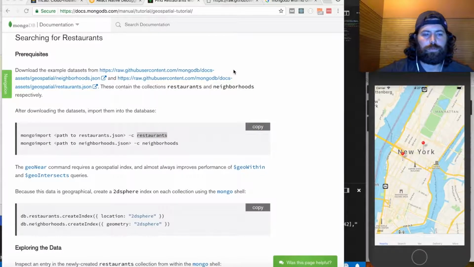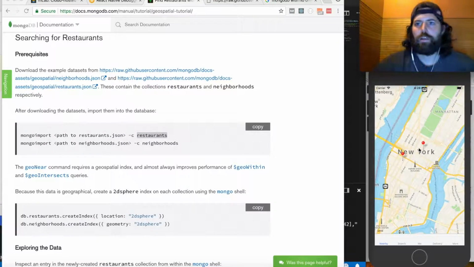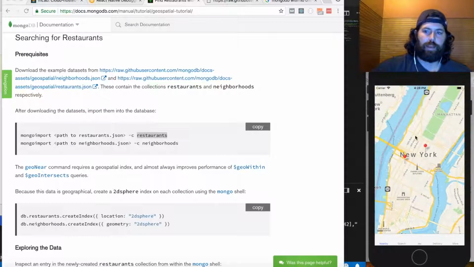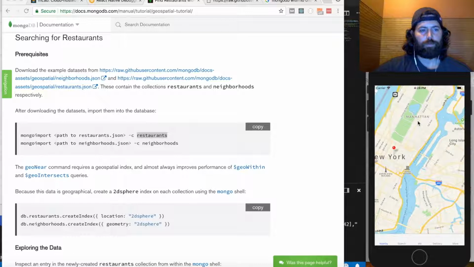So guys, again, we got these two markers showing up, but that's not going to be that useful for us because we're going to need a lot to try to work on these dynamic queries on our app. And I think to do so, we need to pre-populate our database. So I was looking around, and MongoDB has a